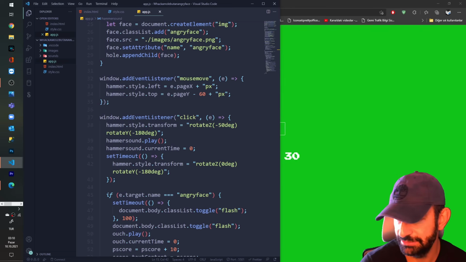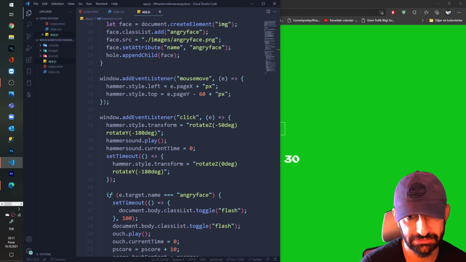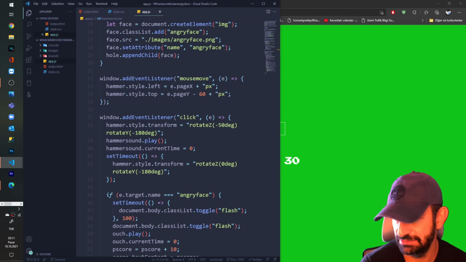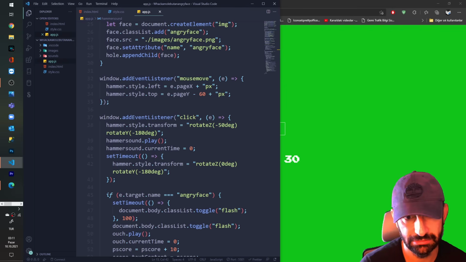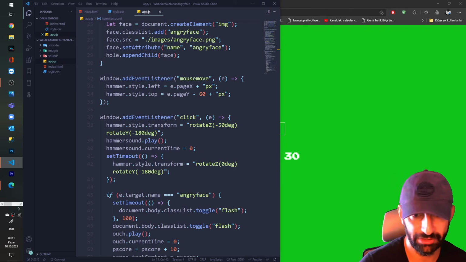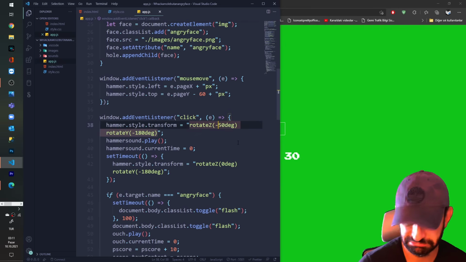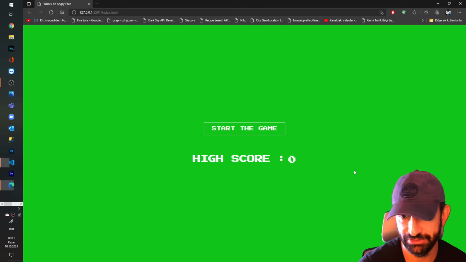I say hammer, play sound, set timeout, rotate 50 degrees, minus 50 degrees, right? To 0 degrees. What if I put here 50 degrees, plus 50 degrees?